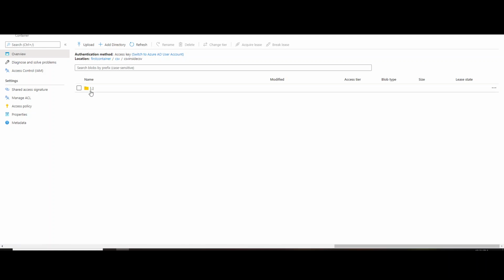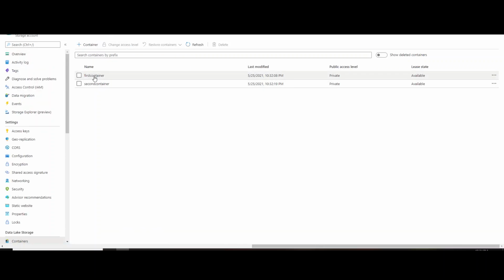And just like your previous blob storage, you can go ahead and upload any files here. Because I have enabled soft delete for the container, let's go back to the container and delete this first container.